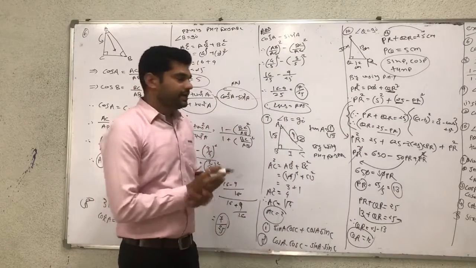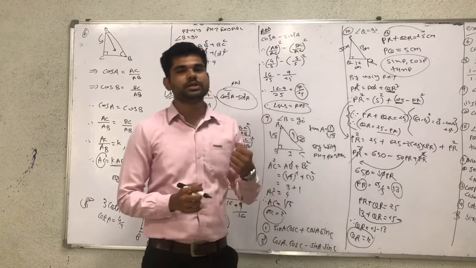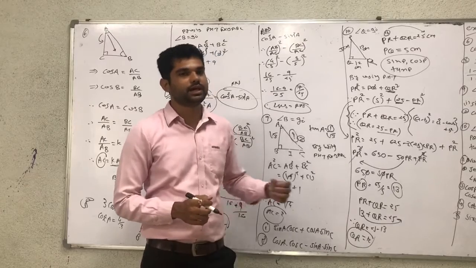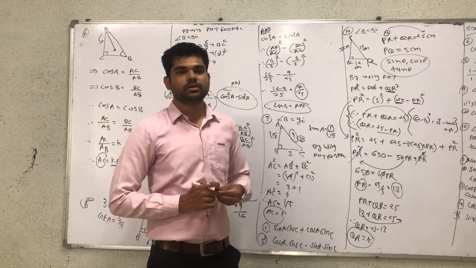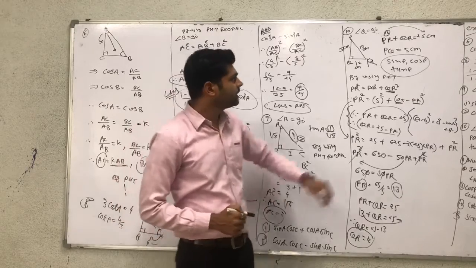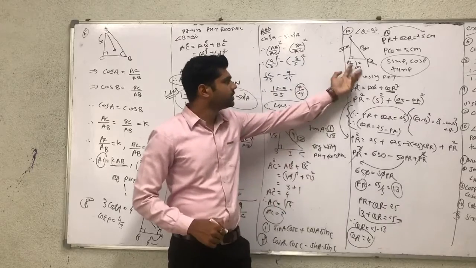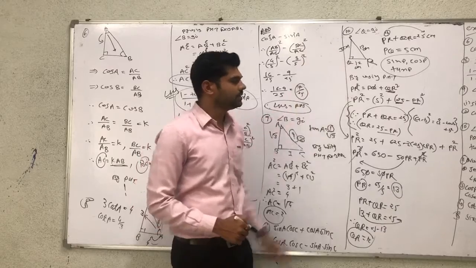All sides are fine. Then find sin P. Sin means opposite side upon hypotenuse. Cos means adjacent side upon hypotenuse. And tan means opposite side upon adjacent side according to angle P. Angle P: opposite side QR, adjacent side PQ, and hypotenuse PR.